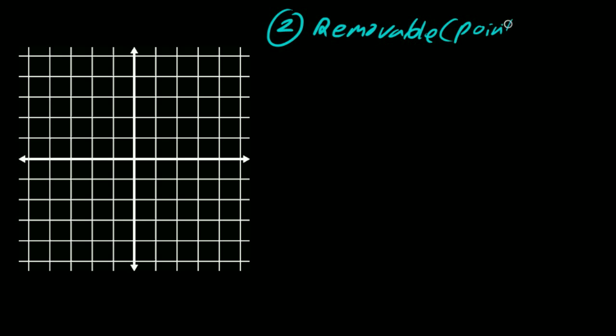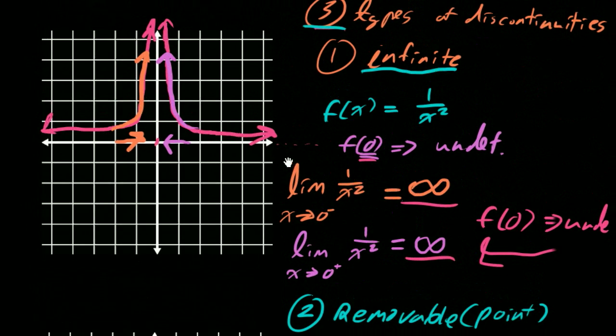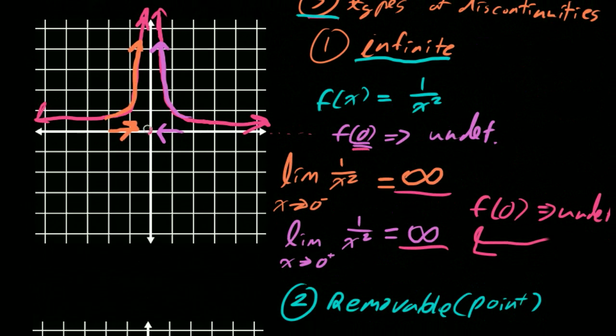discontinuity. So I'm going to write down this is the second type, and that is what we call the removable. Or I learned this as the removable discontinuity. I've also heard this referred to as a point discontinuity. And it's called that because you're really only having a discontinuity at one point. I guess you could argue that there really was a discontinuity only at this one point